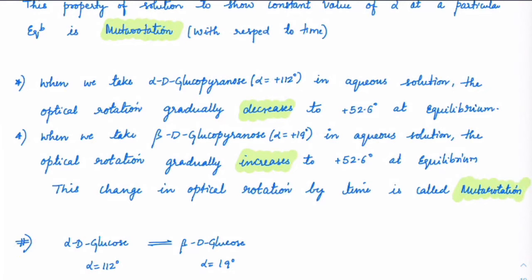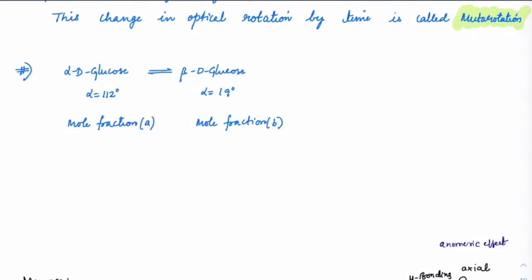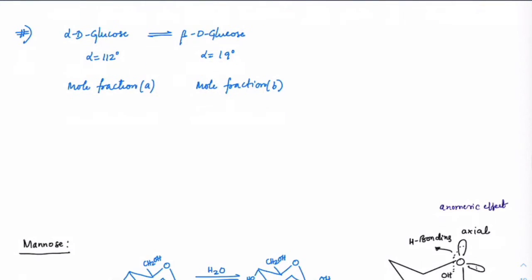Same thing, another way of finding the fraction. Sometimes the angles are given and you need to know the fraction. These angles are known and the mutarotation angle is known. What is the percentage of alpha and beta? This type of question is asked with mannose. With mannose, some angles were given, its mutarotation is given, and we need to calculate how much percentage of alpha mannose and beta mannose is present.